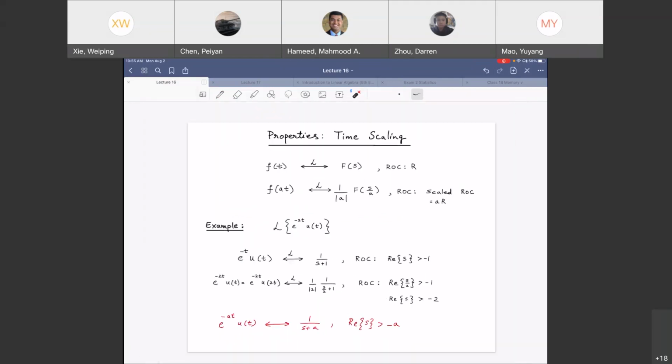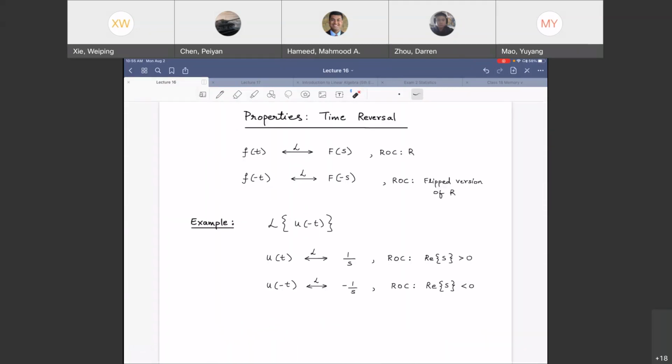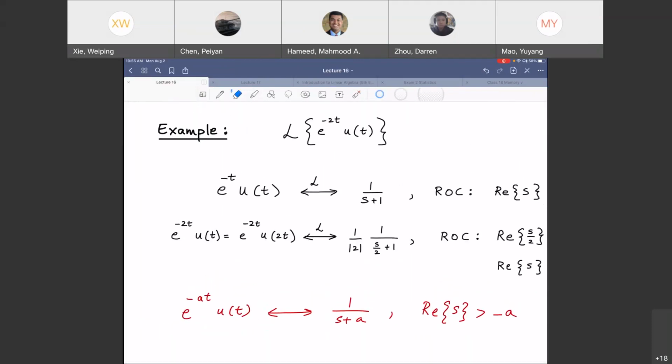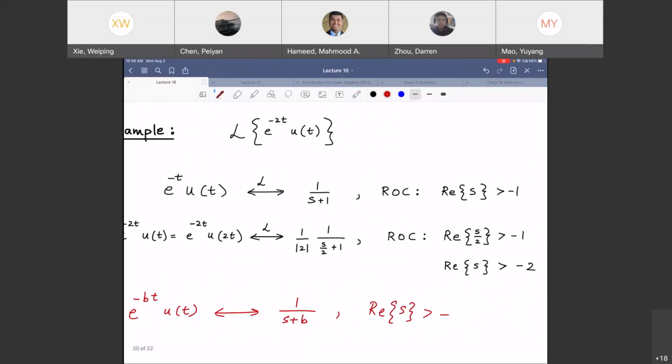No, it can be -1. Yeah, absolutely. So if it was -1, you would apply that along with this, right? Yeah. a can belong to any real number in this case. Now, as far as this property is concerned, it's a different a. So maybe I should change this, because this a can be complex, right? Let's see. I'll put b here and put b here, and all I would have to do is change this to b, right? They're different now.